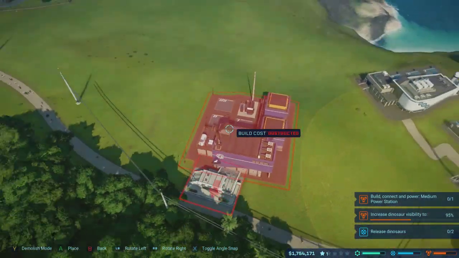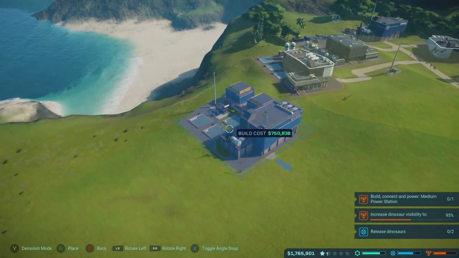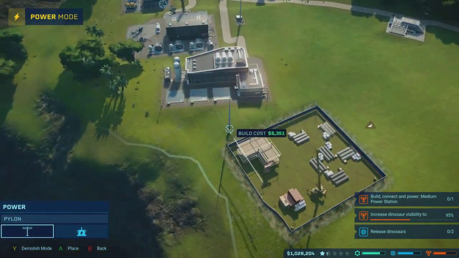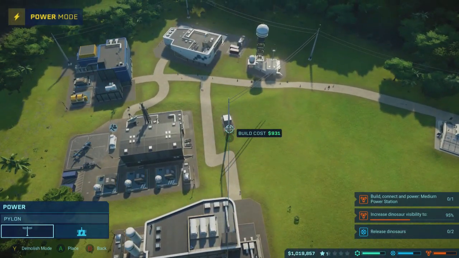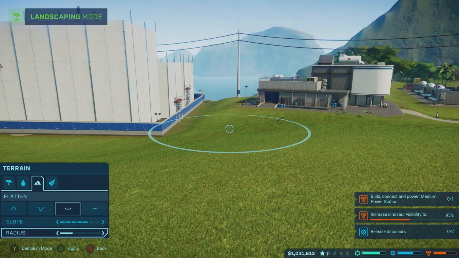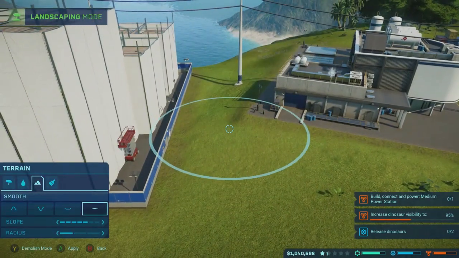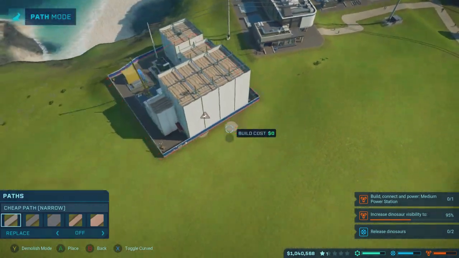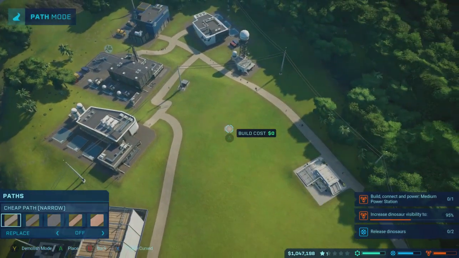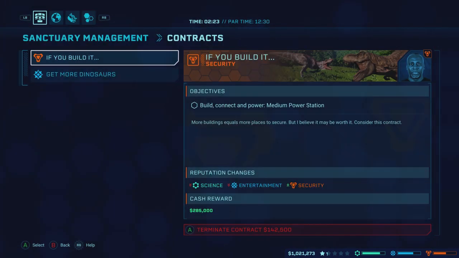I want to make sure the greenhouse is in that area. So we'll put this guy over here. Man, I can't stand how ugly some of this looks. That's a little better, I guess. Alright, we're just gonna get rid of that visibility contract for now. It's not a very big hit either, so...